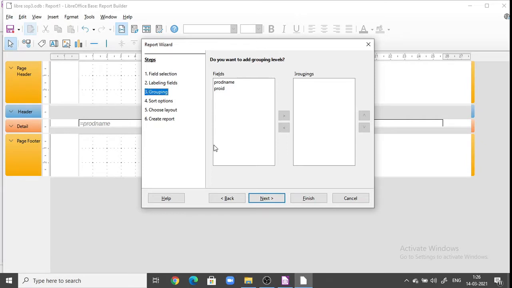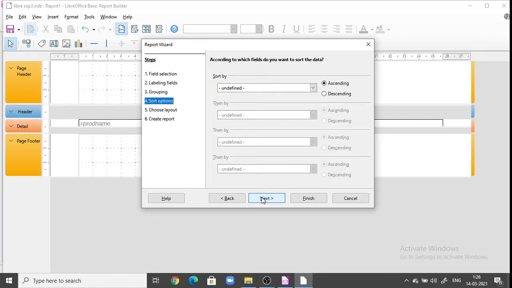We don't need to create any groupings. Then again click on next button. In the sort option, you have to sort here. We have to sort product name. So select the product name from the list and then select ascending, as they have told us to put them in ascending order of product name. Click on next,